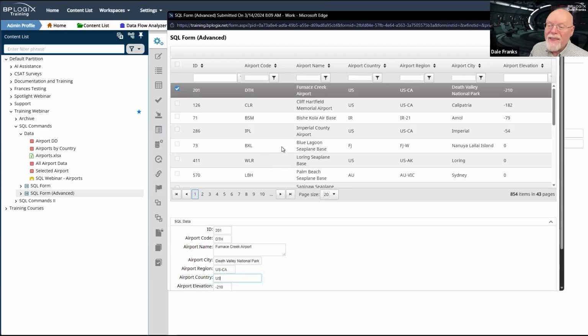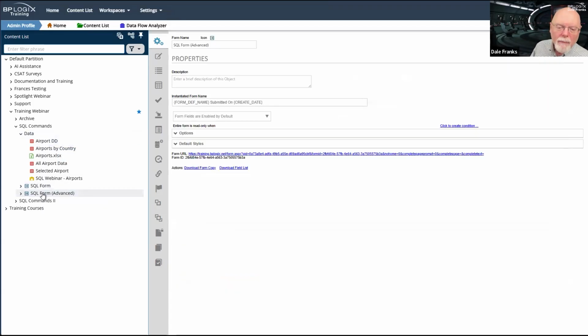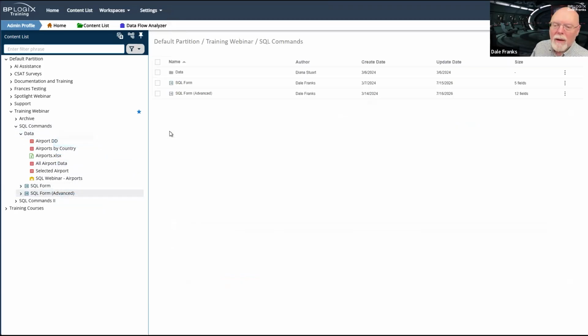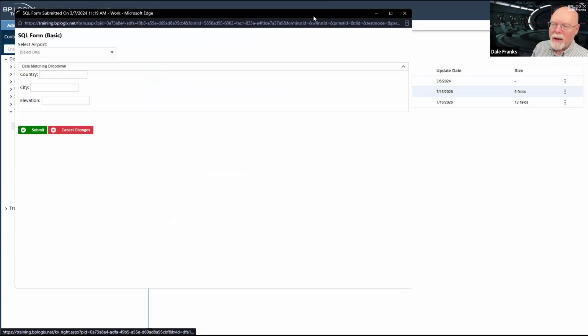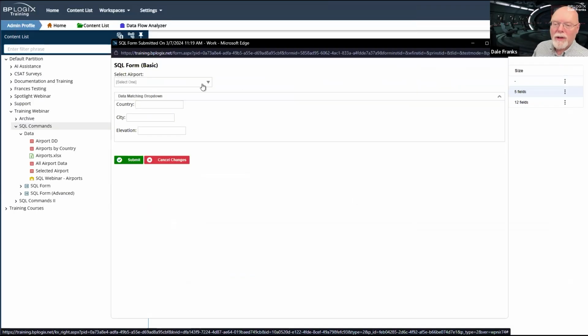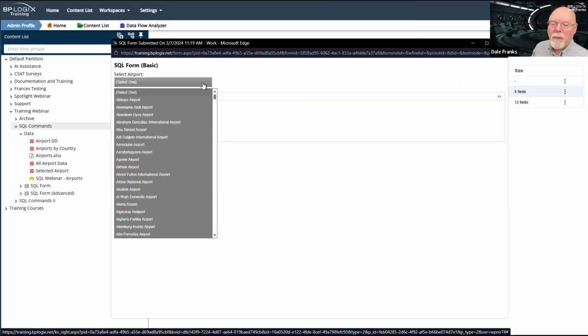Now, the way that I have all of this running is through a couple of business values. I do have another form that we want to look at, and this is my basic SQL form. Let's run that one too. I'll show you one more thing because it also is going to require a SQL statement, and that is this airport drop down right here.